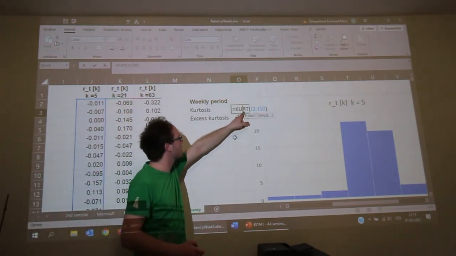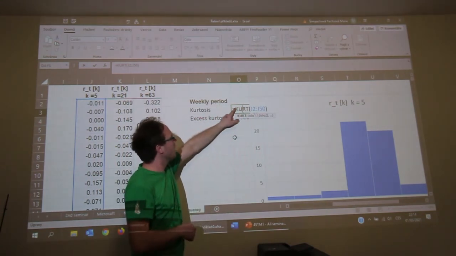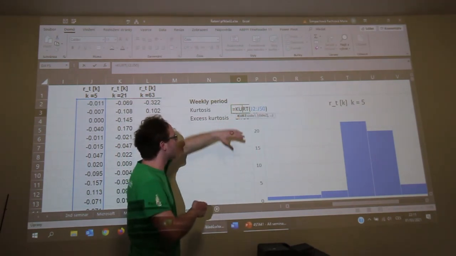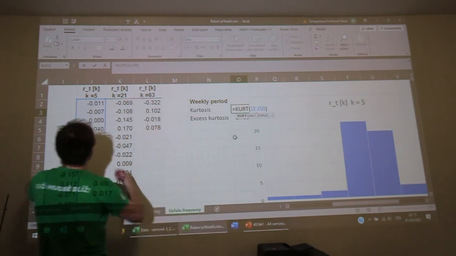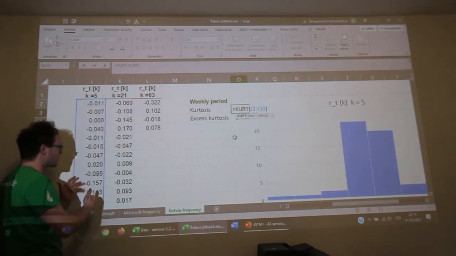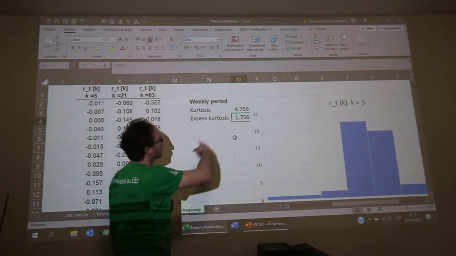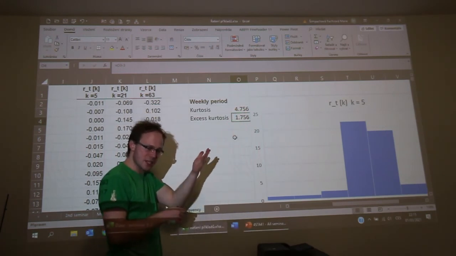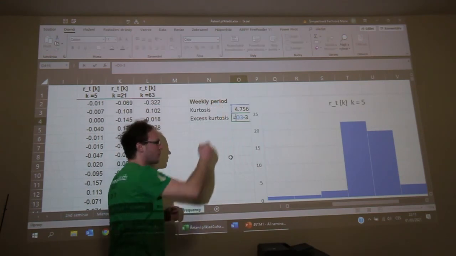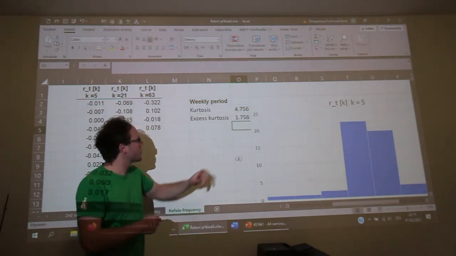You can see the function. This function is the same in English-speaking software, English-speaking Excel: equal sign KURT, like kurtosis. We will open parentheses and select the values. If you calculate these values and use this function KURT, you will see the result of kurtosis 4.756. And excess kurtosis is this statistic decreased by 3. Yes, and its result is